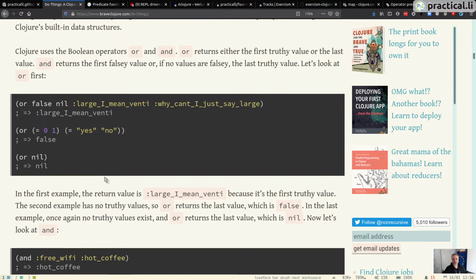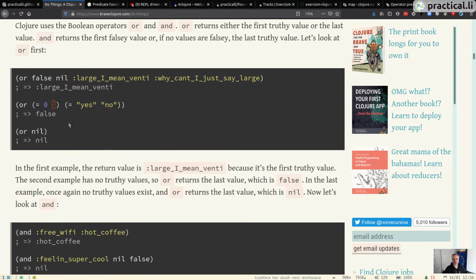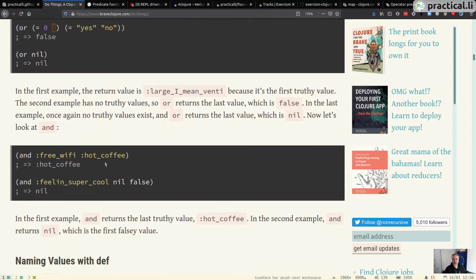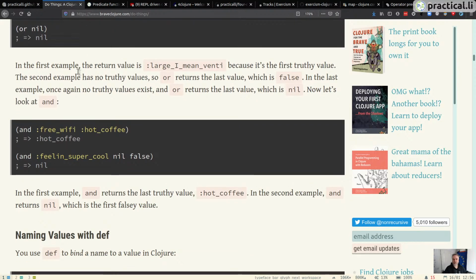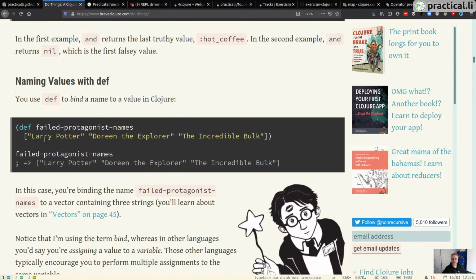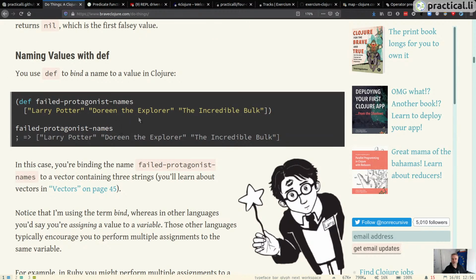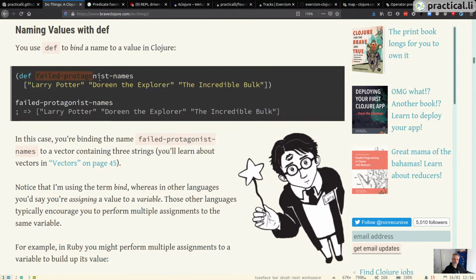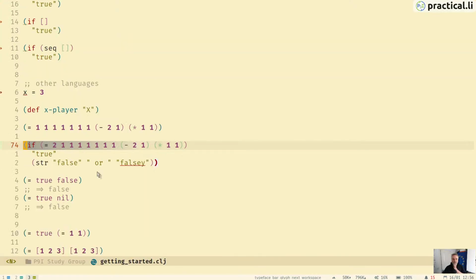Yeah, in terms of just actually the really basics, just throwing around data and values. We're calling functions. We can work with values. Values can be simple, like a 1 or a string, or they could be a collection of values like a vector or a list. And then we can do some kind of simple conditional checking. And if we want to bind something, the example I think I used was just binding x player to the character, to the string x. And when you're defing something, that means you don't have to type it out again, because you can just use the name to represent something. So the more involved the bit of data is, or the more times you use that bit of data, then the more need there is for using def. And def is a kind of global value in that it's shared between all the functions in the